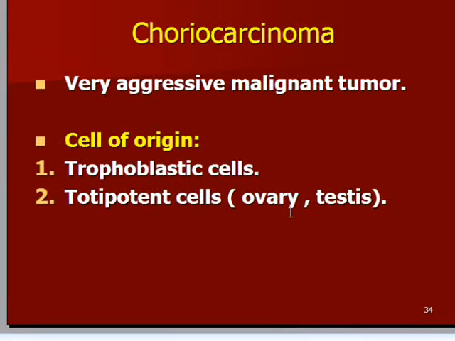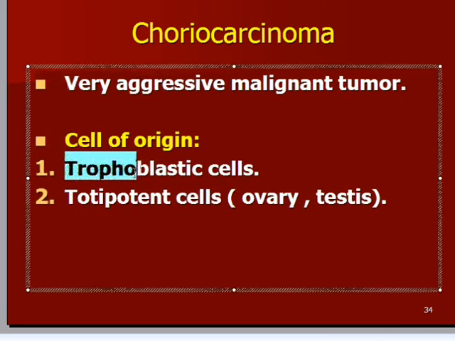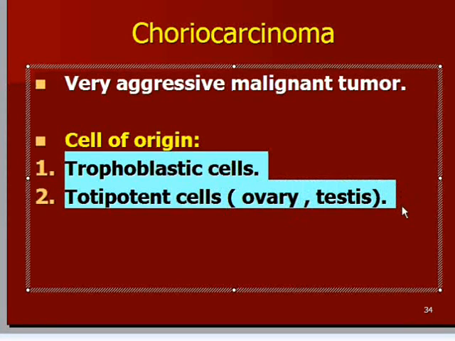Now next we are going to discuss the choriocarcinomas. So let me ask you a question: which particular mole can become a choriocarcinoma? Yes, it is a complete mole. Now I want you to understand these two basic things. Choriocarcinoma can occur from the trophoblastic cell, which is from the uterus, and definitely in that case we get a history of a pregnancy.